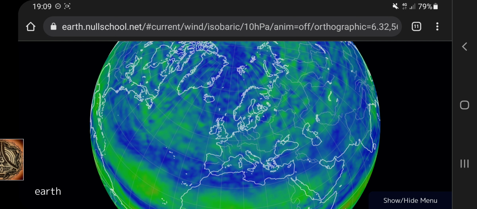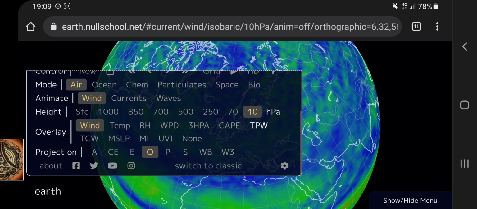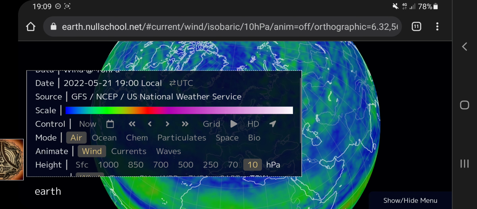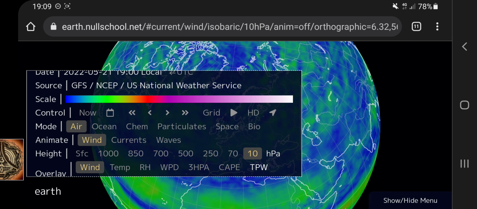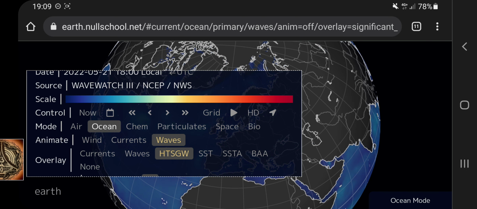But as we are already here, we could check out sea surface temperature anomaly. First, we want to go to ocean, and then we have sea surface temperature anomaly.